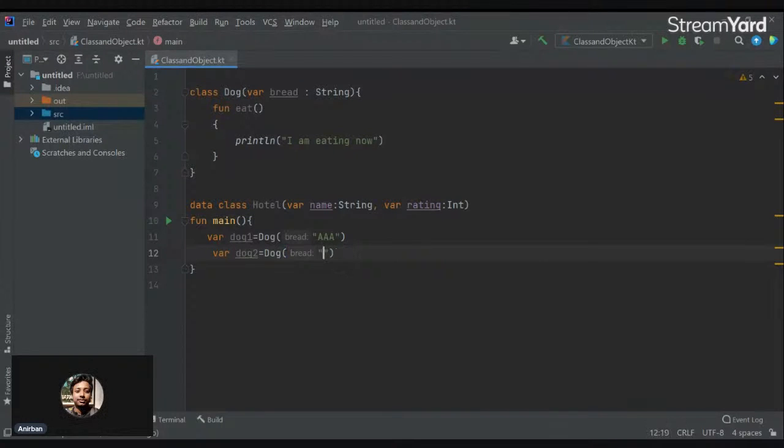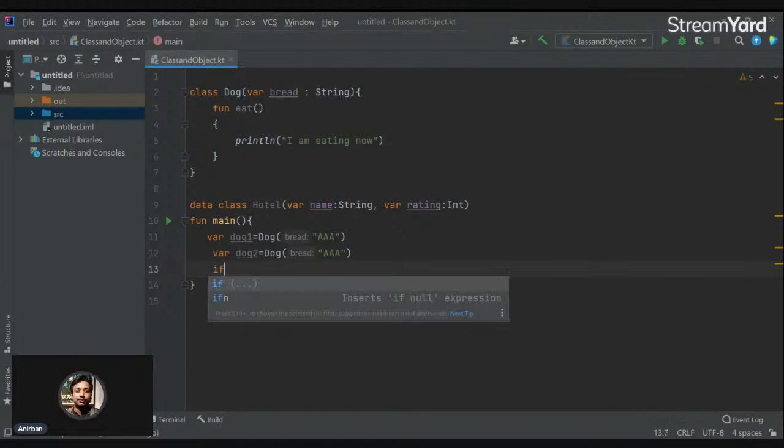Let's say. So if we compare dog1 and dog2,